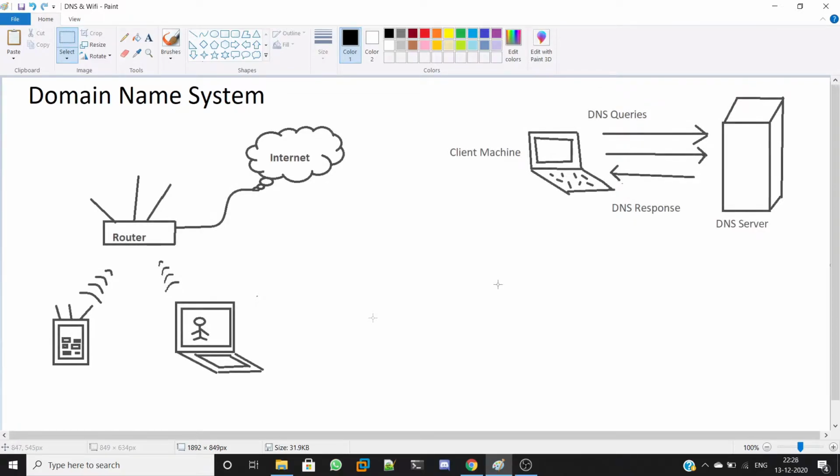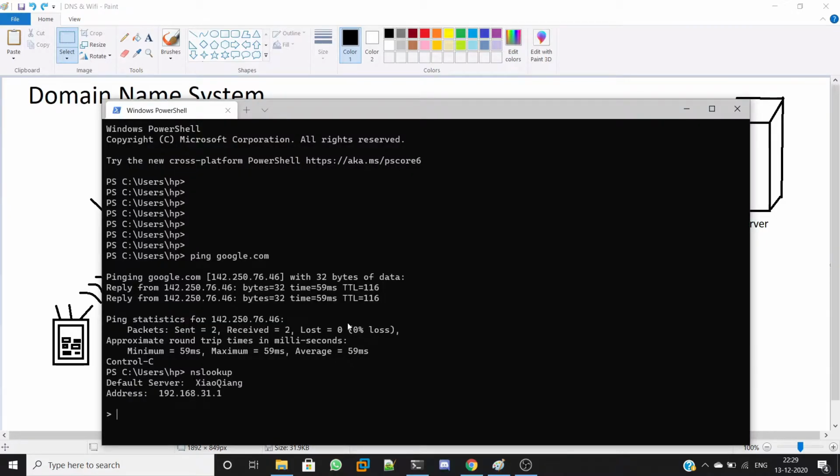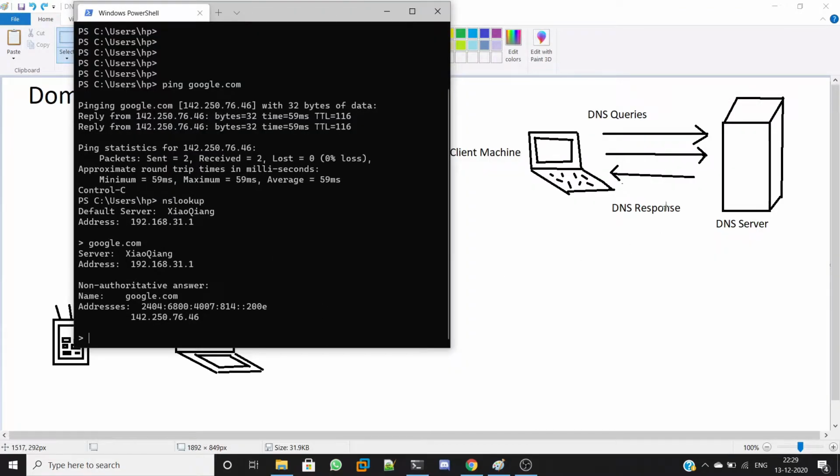We are going to achieve this with DNS, the domain name system. Usually in DNS, when a client machine is accessing something on the internet, for example Google, when we type google.com, your computer will reach the internet-hosted DNS server and get the IP address of the Google server. I'm going to do a DNS lookup. So in the DNS lookup, let me query google.com. I queried from my machine, so it queries the DNS server. The DNS server replies to me with the